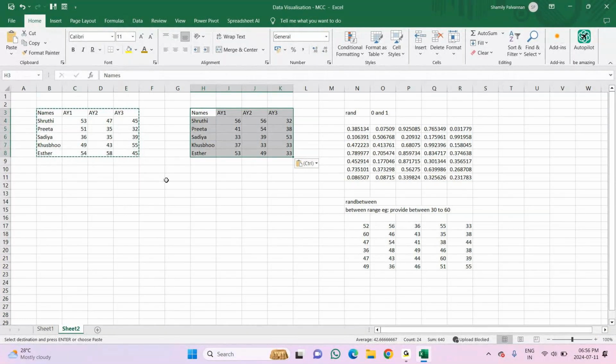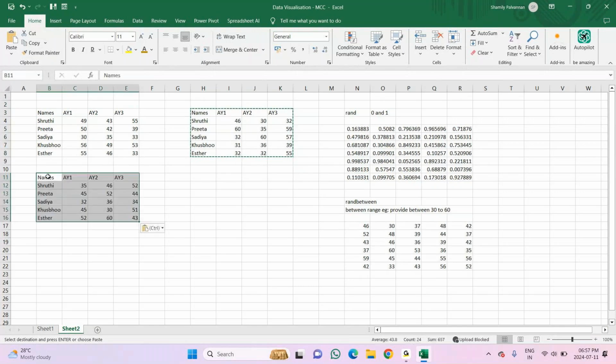When I paste this, since I'm pasting or entering in some other cell, the values keep changing. I don't want these numbers to change. Again, I'm showing you. I'm copying this. See the first cell for academic year says 56. I'm copying this and pasting here. As soon as I paste here, the value changes, here also the value changes. I don't want this to happen. I want the same number so that I can apply some other formulas or practice something. So what I'm going to do, I'll copy this.